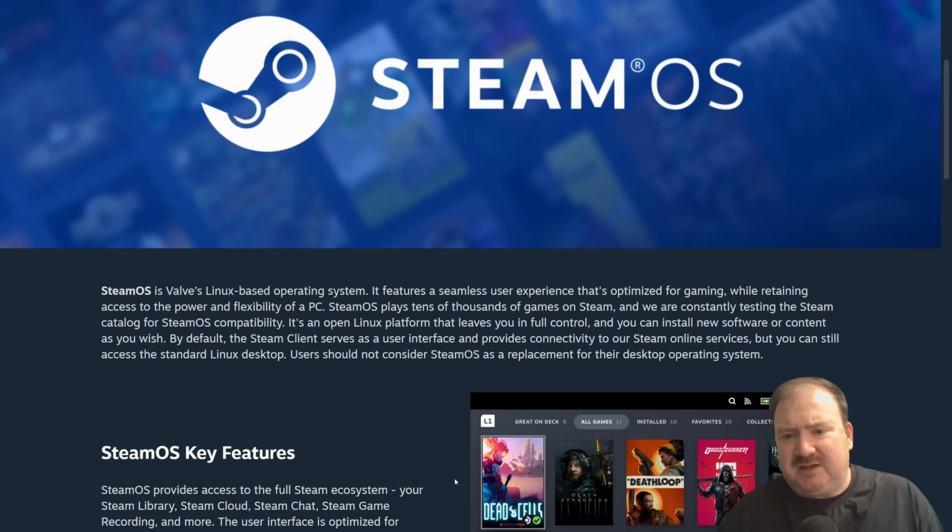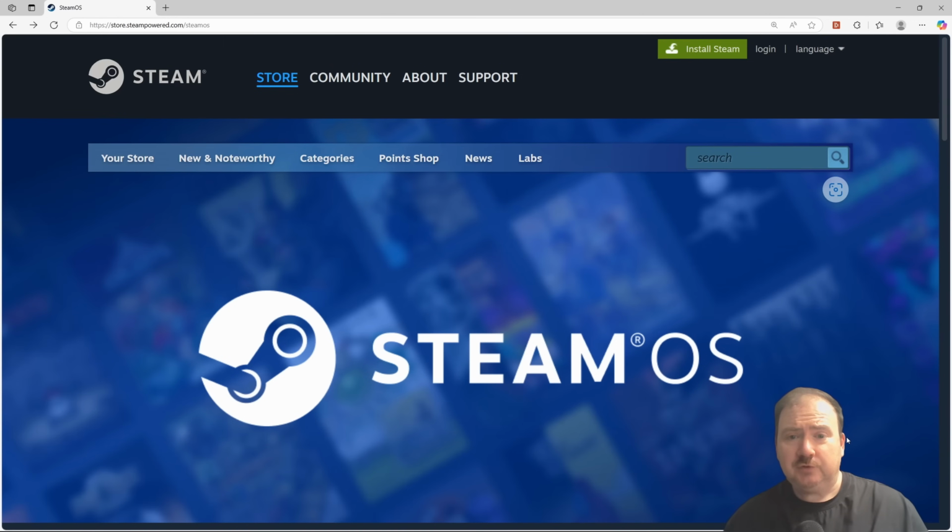So let's have a look at how you install SteamOS, where the instructions are. We'll have a look at I think 36 benchmarks across 8 games, and we'll take a look at the charts and then give a summary at the end about what I think about SteamOS versus Windows 11. So how do you install SteamOS? Well, the first thing you do is go to